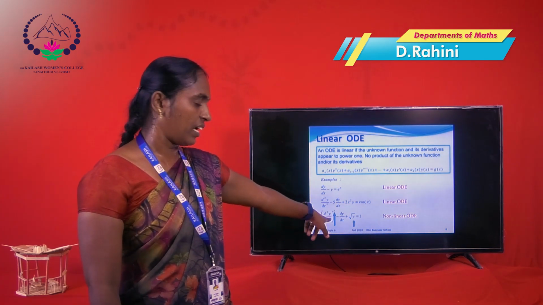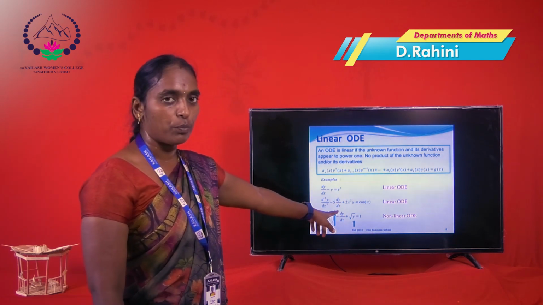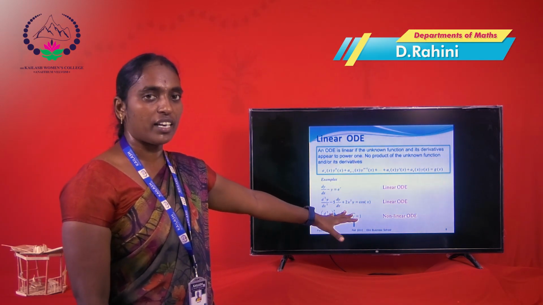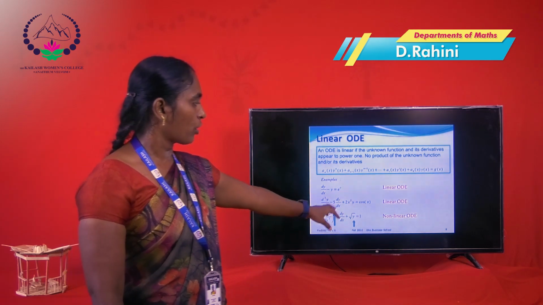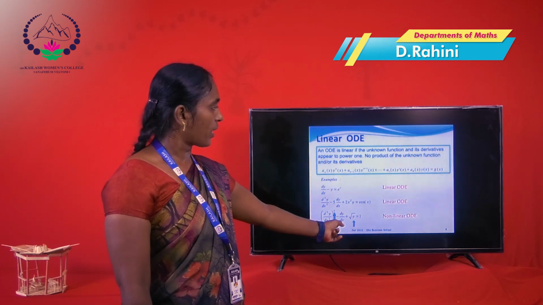So this is the example of a non-linear differential equation. Here already I gave you, the power is available here, 2 whole cube. So this is not a linear ordinary differential equation example. Okay. So these two are the linear ordinary differential examples. So next one is